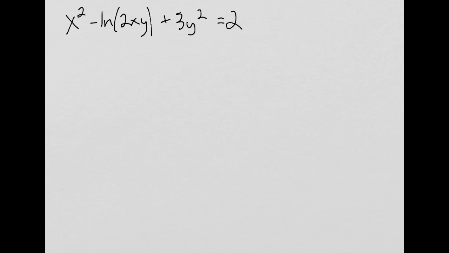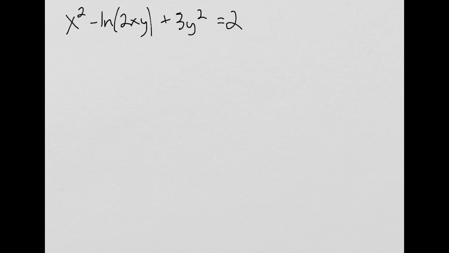This is an implicit differentiation problem. I have a couple spots here. This one's going to be easy to derive. This one is going to involve chain rule because I have ln of, and then this stuff inside. And within that chain rule, there's some product rule. And then this is some chain rule, but it's kind of the basics of